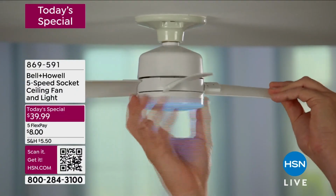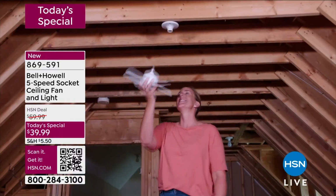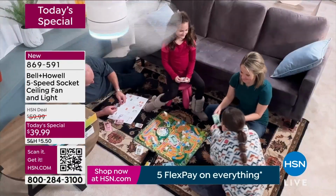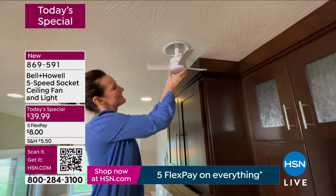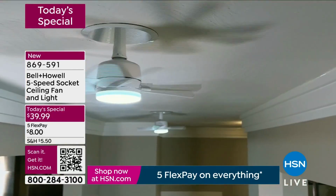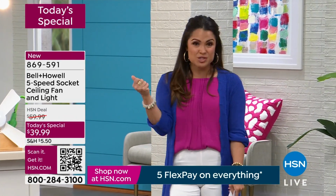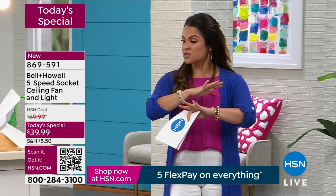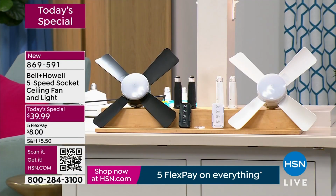The launch of a brand new product from Bell+Howell has been off to a fantastic start because let me tell you, we are now well over 13,000 gone of the incredible 5-speed socket ceiling fan and light. And as you can see in your video, you can take any light socket, remove the light bulb and put this in, and now you have light that is dimmable, you have a 5-speed fan, you have a remote control to run it all, and you didn't have to fuss with tools, with wiring, with hiring any kind of contractors or electricians, and you have the freedom anywhere in and around your home to now enjoy a cooler, easier, more